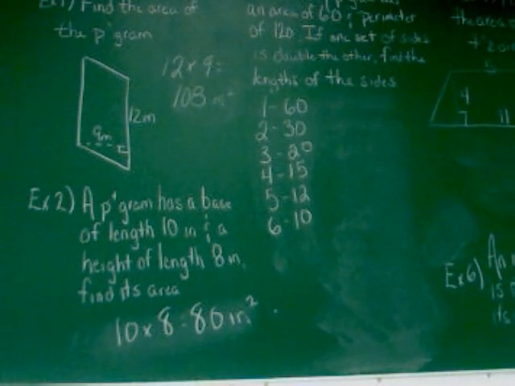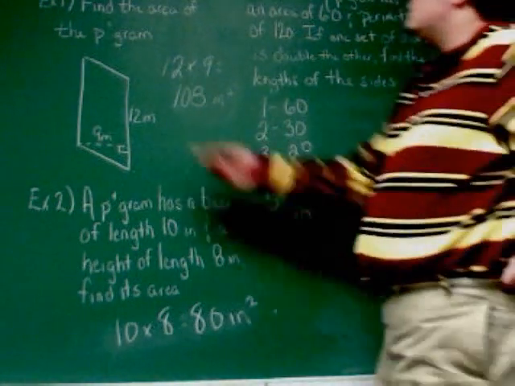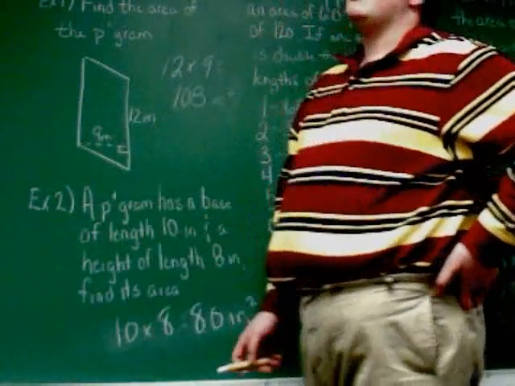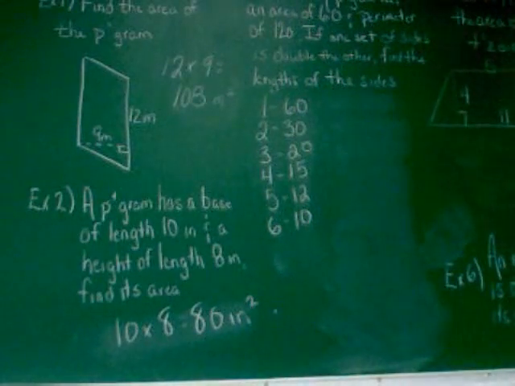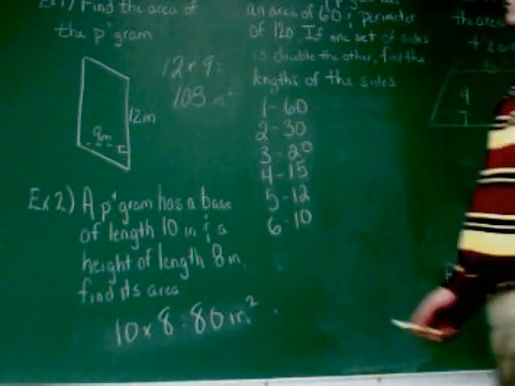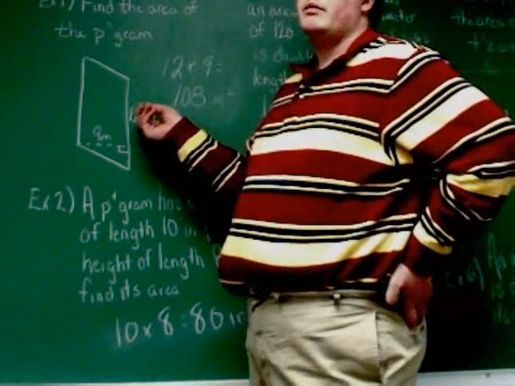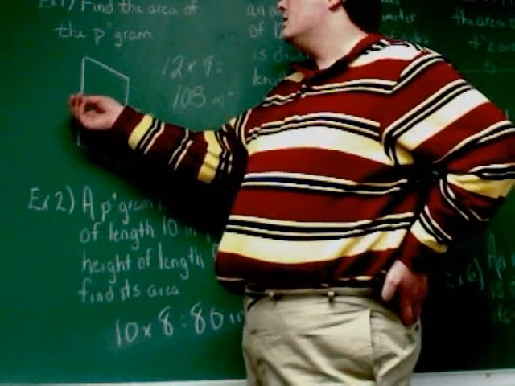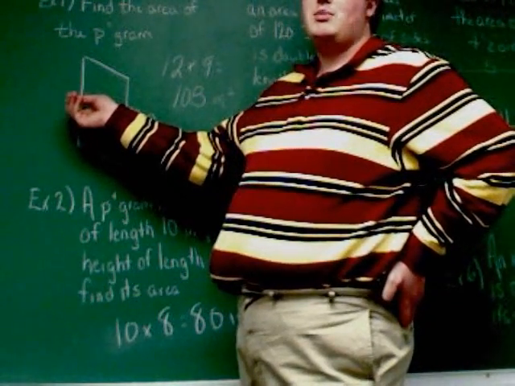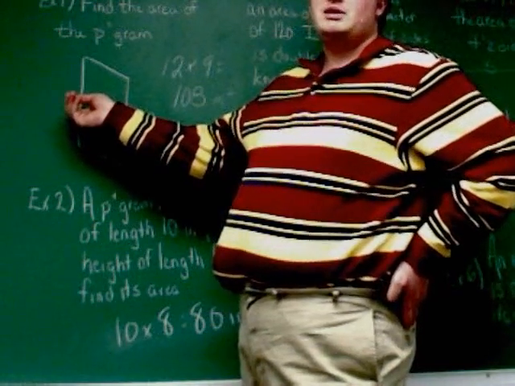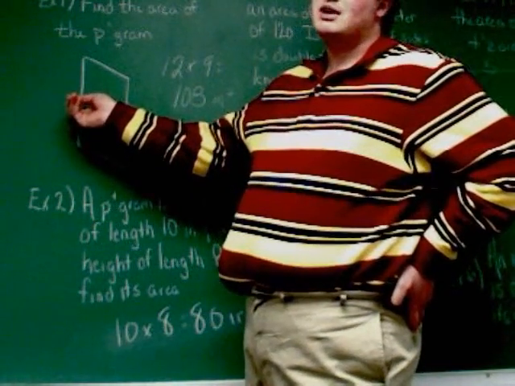All right, so we need to go to the next part. The perimeter now is 120. So if I add up the 4 sides, they have to make 120. I think we'd agree, let's just say we know this side here. If we know this side, this one has to be the same. That's what makes it a parallelogram. So it'd be in our best interest, since I actually know 2 sides, to go